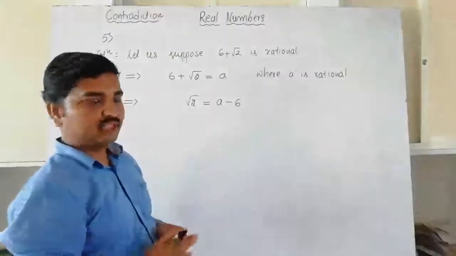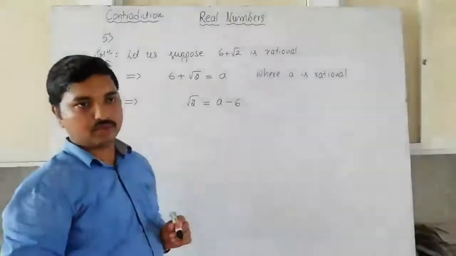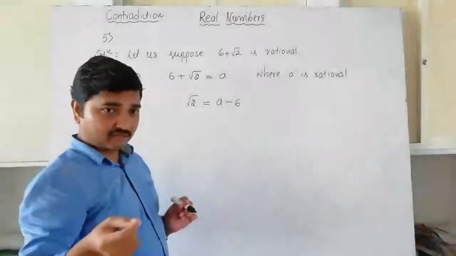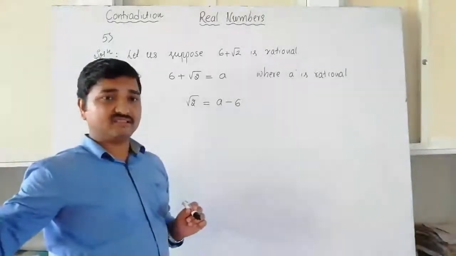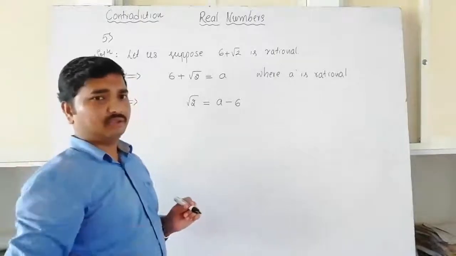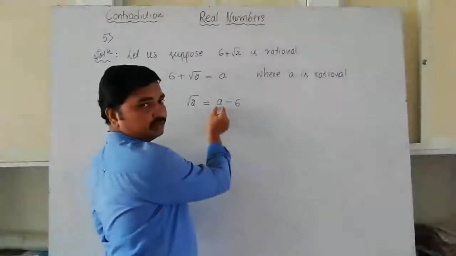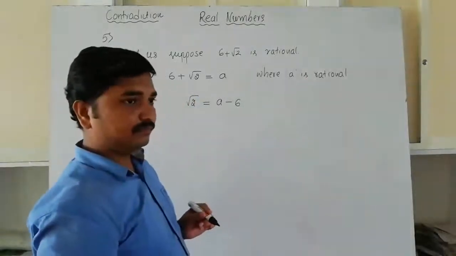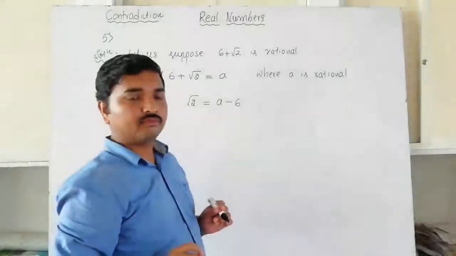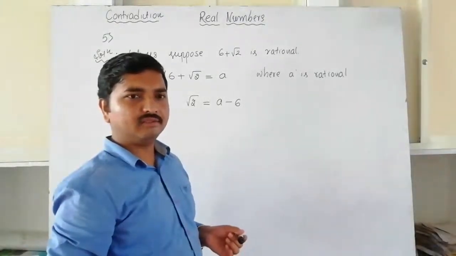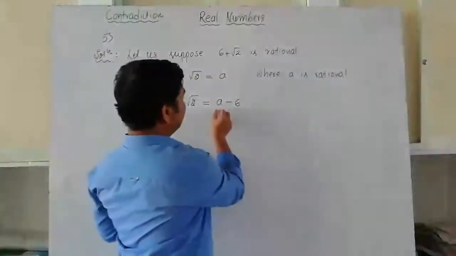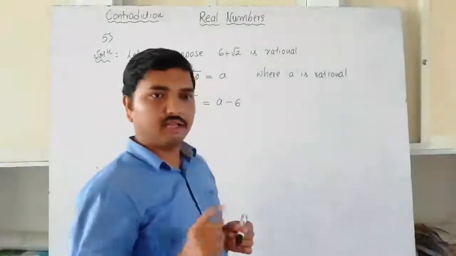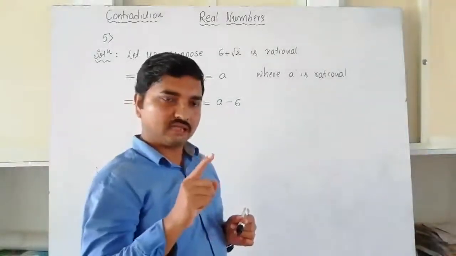At last you need to write the conclusion. Now try to understand what the conclusion is. In the 9th standard, and I think in the previous classes also, 7th, 8th, 9th, you have studied this. Now tell me, A is a rational number. 6 is what type of number? Rational or irrational? Rational. Rational number minus rational number is always equal to what? Rational number, definitely.